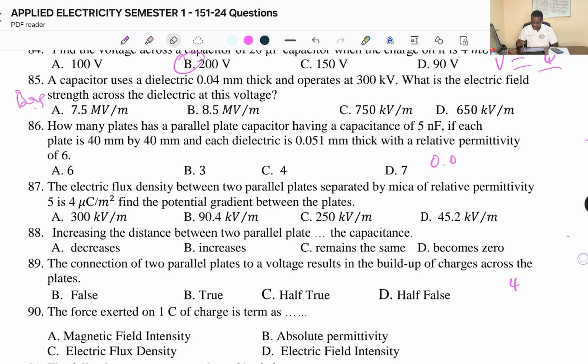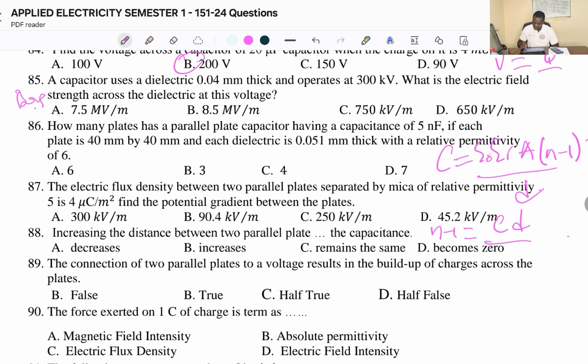So here we just write the formula, right? We are interested in the number of plates, so we use a general formula. Capacitance equals permittivity of free space and relative permittivity times area times the number of plates, which is n minus 1, all over the distance between the plates. So we make this the subject. That will be what? N minus 1 will be equal to,